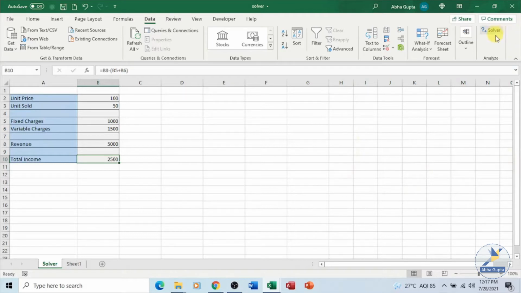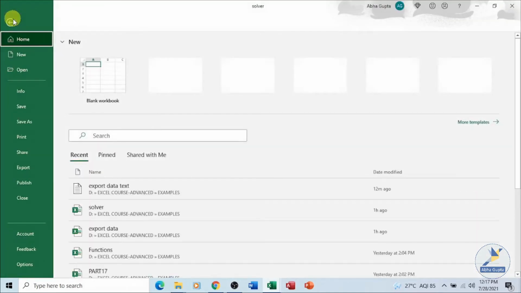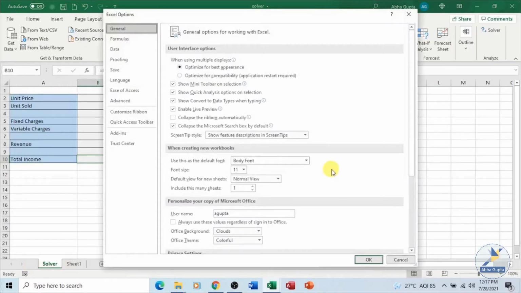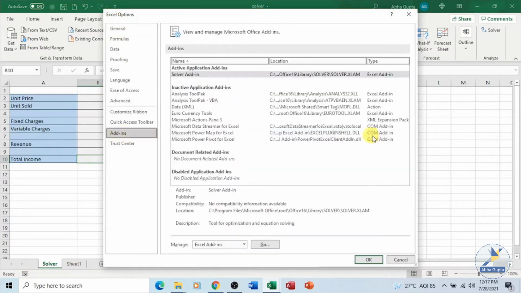So first of all, let's see how we can activate the Solver add-in. I already have Solver over here under your Data tab and Analyze group. But if you don't have Solver, what you can do is click on the File tab, go to Options over here, click on Options. Now in your Excel Options dialog box, click on Add-ins. Down here, you have Manage Excel Add-ins, or if it is not visible over here, you can always select from this drop-down list Excel Add-ins and click on Go.